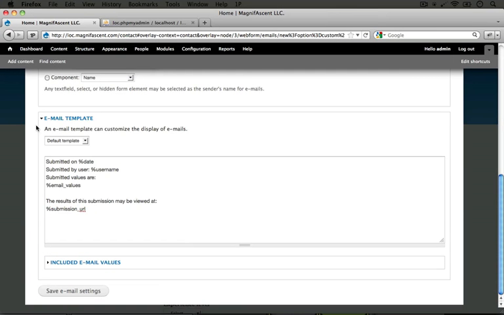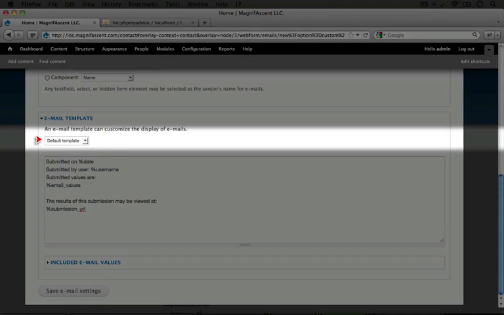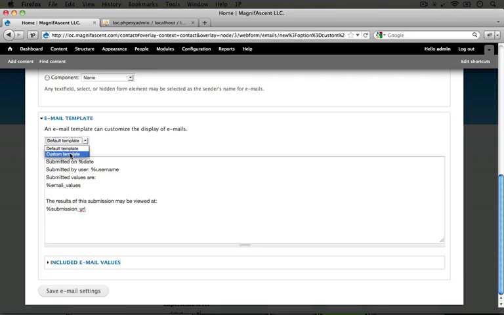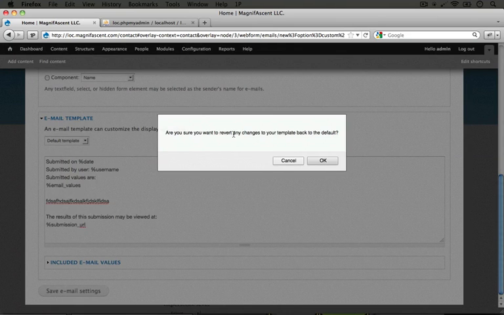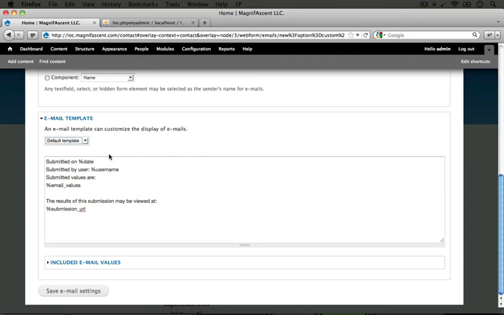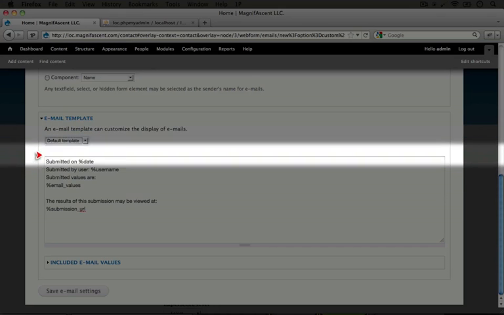And then we have the email template, and this is the structure of the email that will get sent to the email that we specified above. There's a default template, but we can also customize this template by selecting Custom Template here. The idea of this is that we can then modify this template however we'd like. I'm just going to add in some content here. And if we wanted to switch back to the default template, it would ask us if we wanted to switch back our changes. If we clicked OK, it would turn it back to the default template,